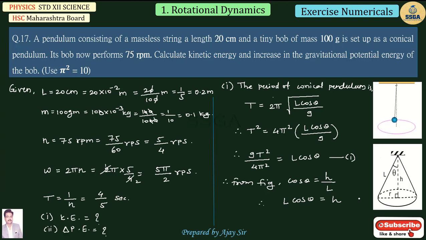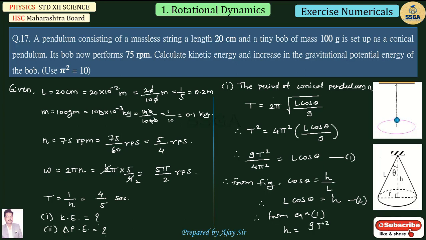So therefore, from equation 1, let us call this equation number 2. From equation 1 we can write this H, which is the height here. So this H we will put in equation 1. So therefore, after putting in the above equation, you will get H is equal to